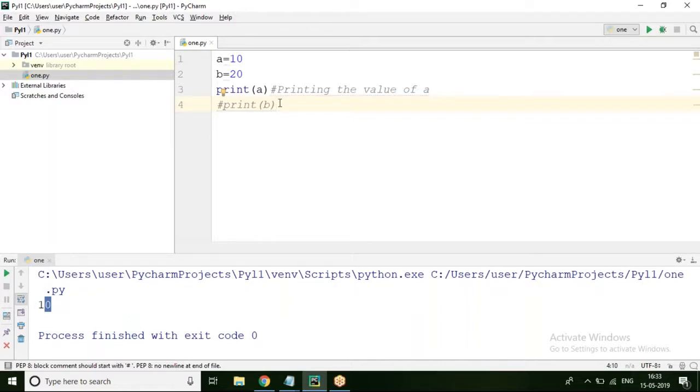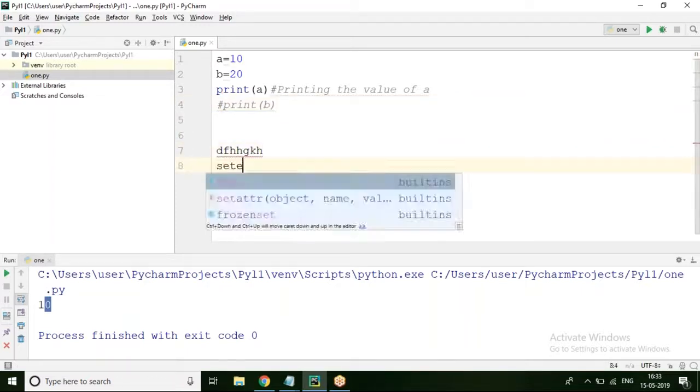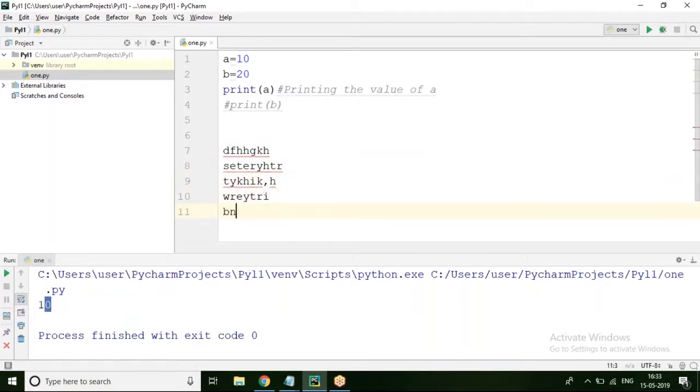Hash is called a single line comment. Before which line you put hash, only that line is commented. Let us say I am writing something like this. If I want to comment all these instructions, if I put hash, only the first line is commented. If I put hash before the second line, only that line is commented. If I put hash before the third line, only the third line is commented.